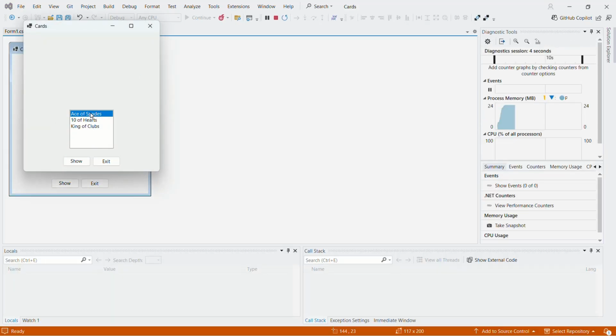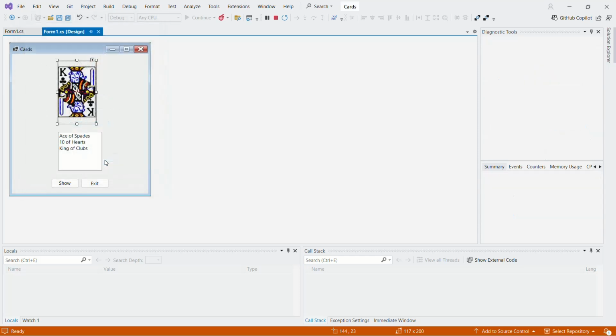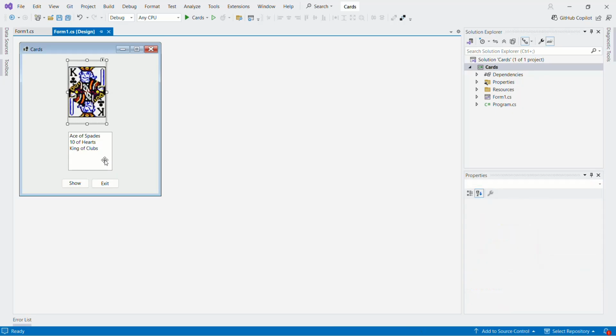Okay. Ace of spades. 10 of hearts. King of clubs. Since we're not showing all the cards at the same time, there's no reason to have them spread out like that. So it's really up to the way that you want to run the program, but just another way of being able to do that. Okay, I'm going to stop with this one, and